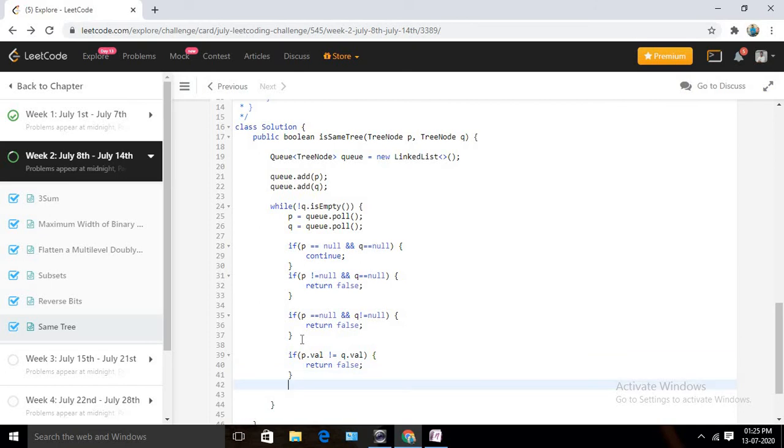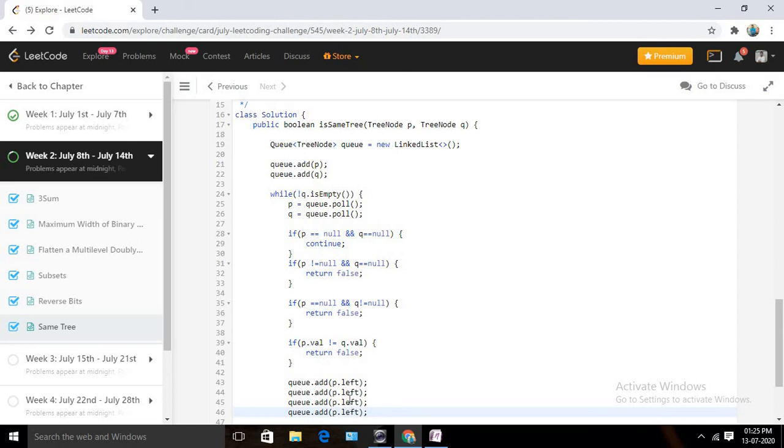If it is equal, then I need to just add it into the queue, right? So q dot add p dot left, and we need to do it 4 times. So let me write it like this.